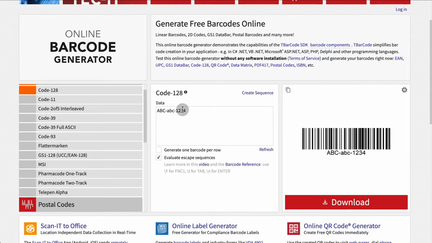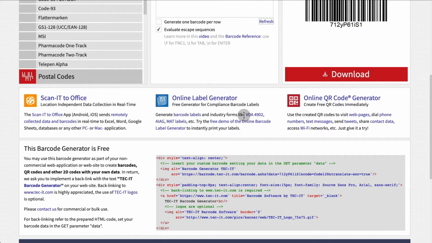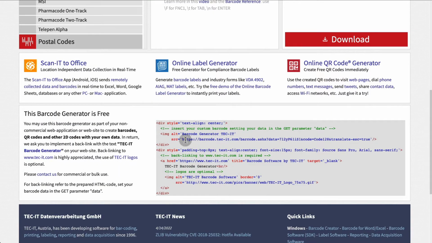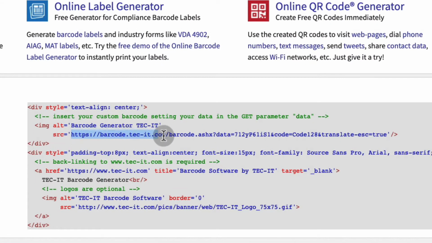And if I paste it here, you'll see how when I click refresh, it's going to generate a brand new code. Now, the trick is, how do we implement this with our app? Well, luckily this tool comes with an embeddable code that has a URL where all you have to do is basically copy this URL,